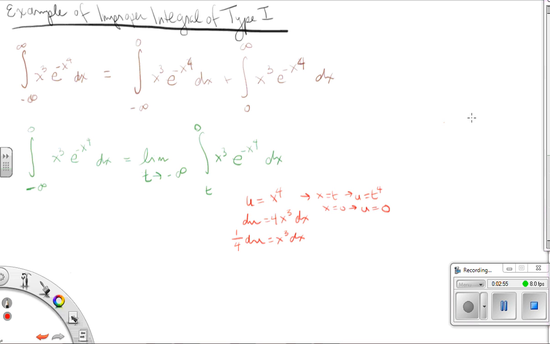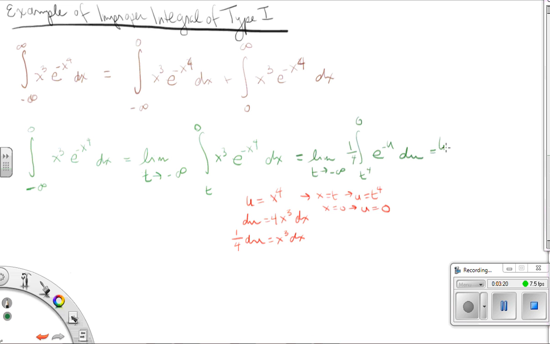So this is going to be the limit as t goes to negative infinity of the integral from t to the fourth to 0 of 1/4 e to the minus u du,